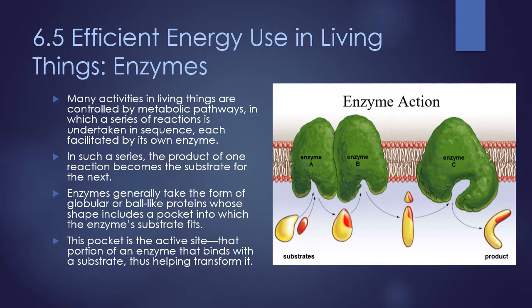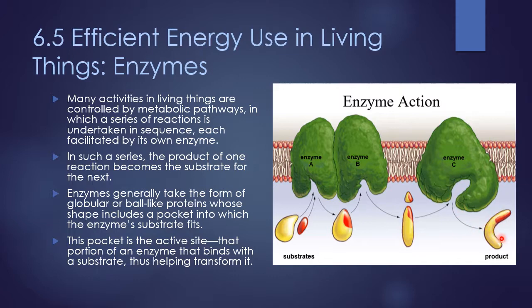Many activities in living things are controlled by metabolic pathways in which a series of reactions is undertaken in sequence. This is just where several steps need to occur in your body. In such a series, the product of one reaction becomes the substrate for the next. Here, if you look at this picture, we have these three different enzymes. Enzyme A helps take these two different things and combine them into this. Enzyme B takes in this and combines it into this. And then enzyme C is taking this and